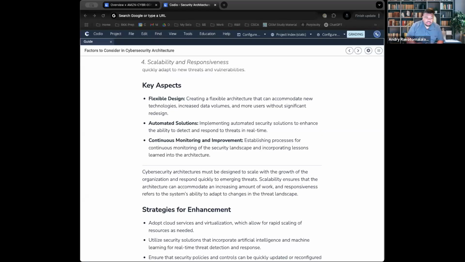The other one is making sure you have automated solutions. The more automation you have, the more time you're saving. And then the last one is cloud integrations. Cloud integrations is essentially being able to have a cloud infrastructure that doesn't require you to buy physical devices. Instead, you can have an infrastructure that has logical devices in place so that you can scale accordingly. This is one of the benefits of cloud computing, being able to scale as the business needs.